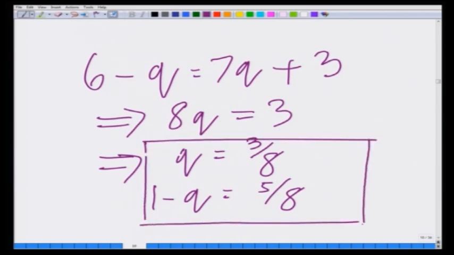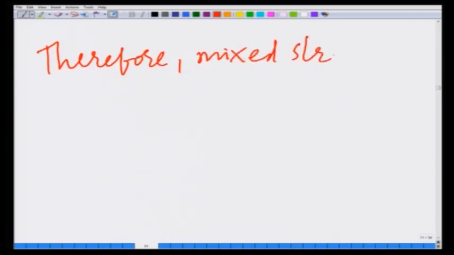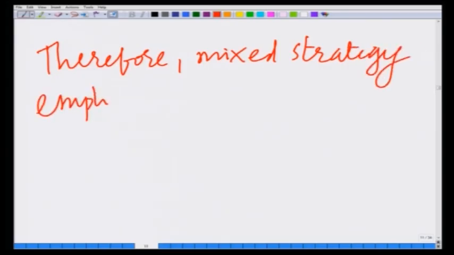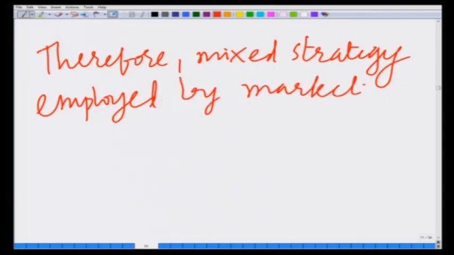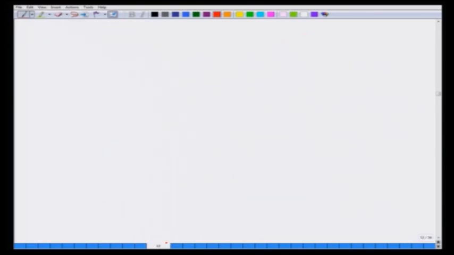Therefore, this is the mixed strategy employed by his adversary, the stock market: 3/8, 5/8, and therefore, the mixed strategy Nash equilibrium